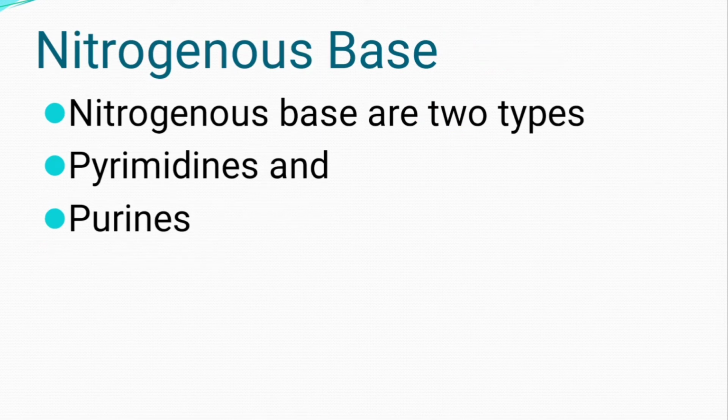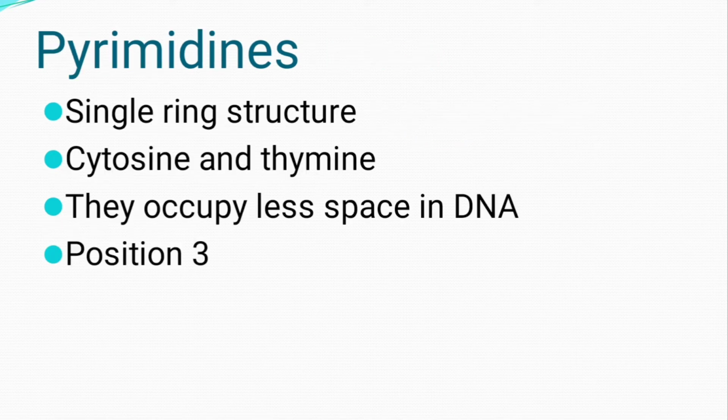First, coming to nitrogenous bases, there are two types of nitrogenous bases or DNA bases, that is pyrimidines and purines. Okay, what? Pyrimidines and purines. Pyrimidines are composed of cytosine and thymine. Purines are composed of adenine and guanine. About that only, next we are going to see in very deep.